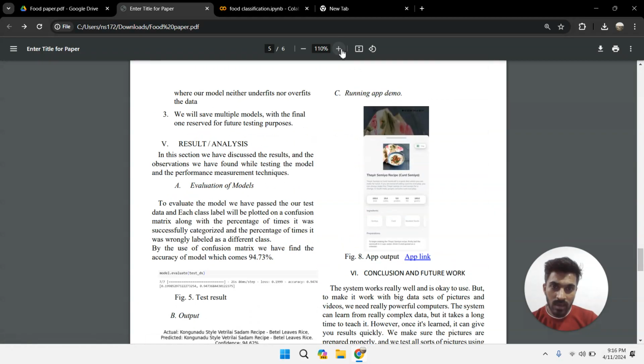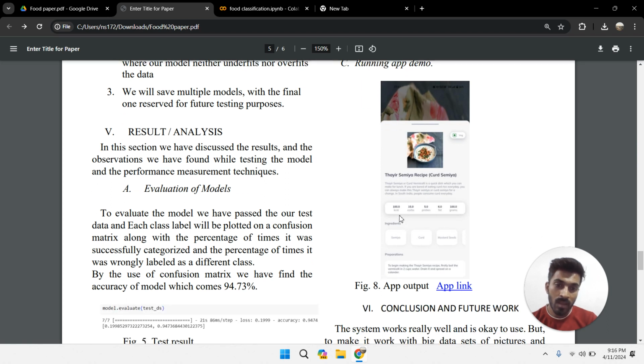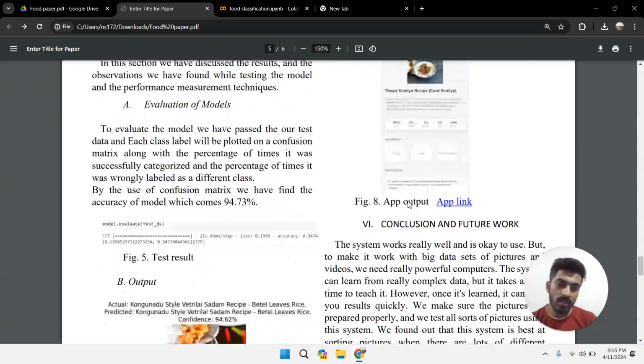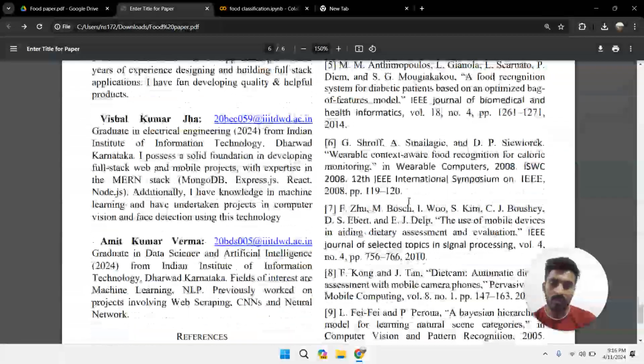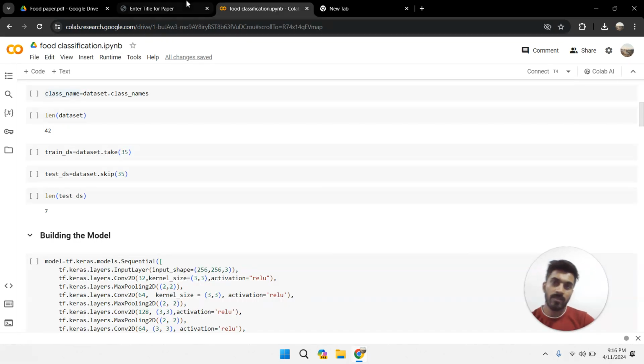If you provide an image, firstly it will give the name of that image, and then the ingredients, all of these things you can get. That's how this will work, and that's it for today, guys.